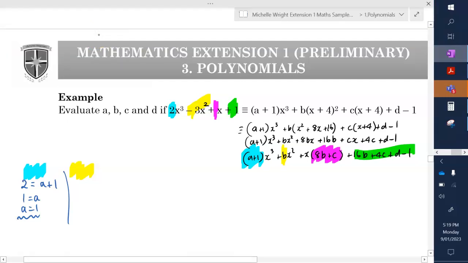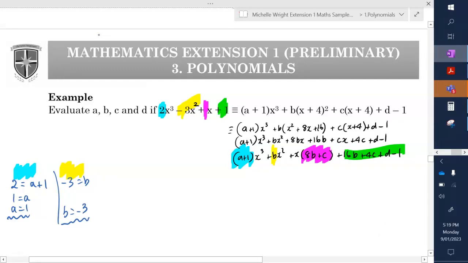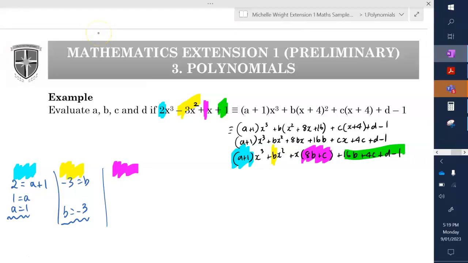Out the front of the x squared, I have a b and I have a minus 3. So minus 3 is b, and I write it as b is minus 3. Nice and neat. Out the front of the x, it's now our pink part. I have an 8b plus c